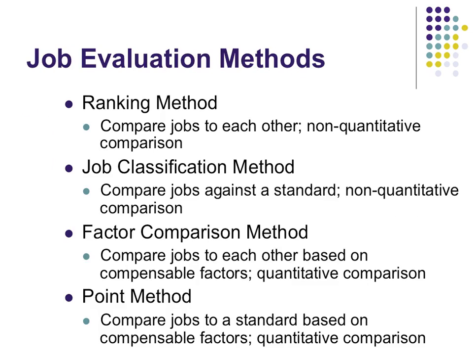There are different ways that we can do job evaluation, in which we assign a dollar value to each job. A ranking method is a simple method where we compare jobs to each other, and it's a non-quantitative method of ranking the value of those jobs. The slide after this gives you a good example of what a job ranking looks like, which I'll describe in a moment. Another method is job classification, where we use narratives to describe jobs, and then we compare everybody to that written narrative standard.